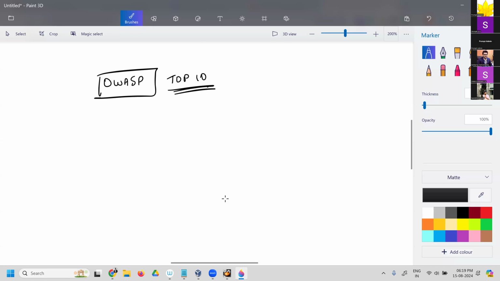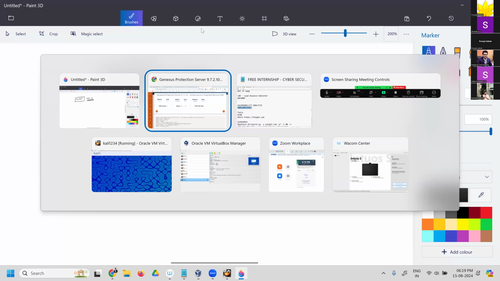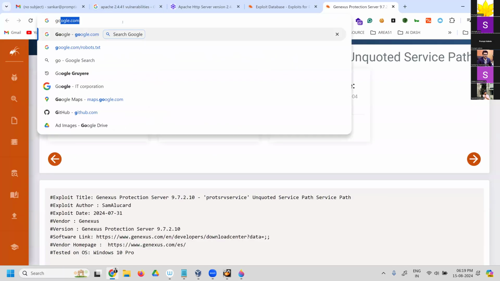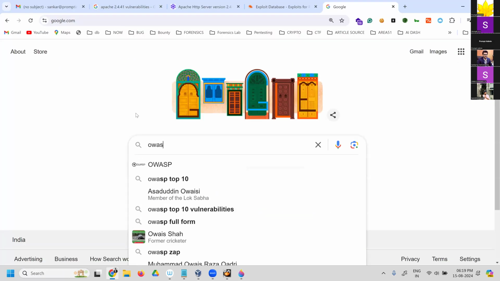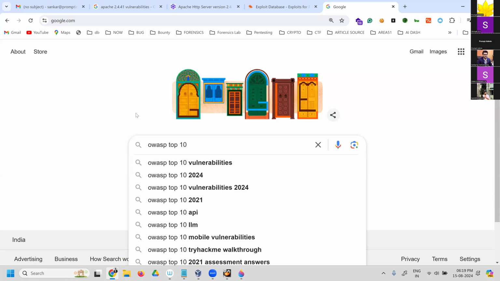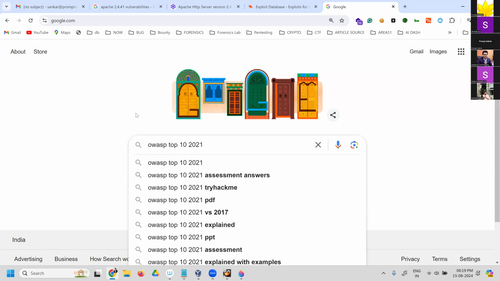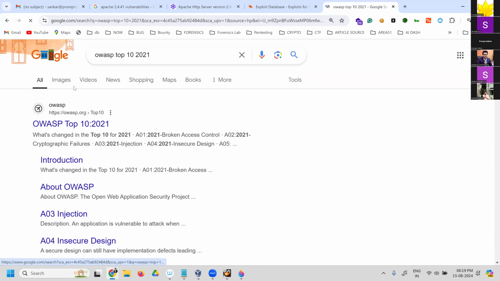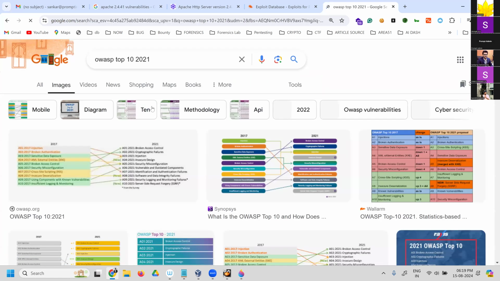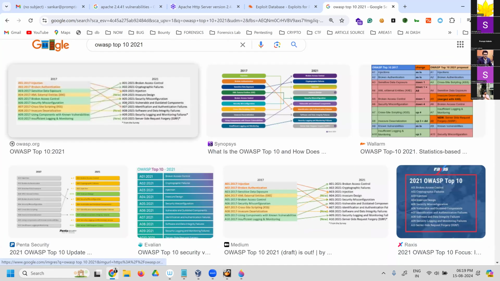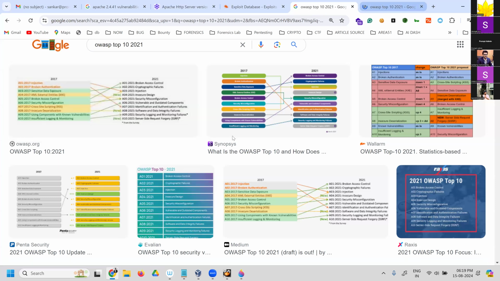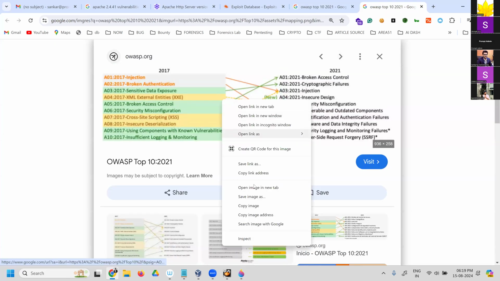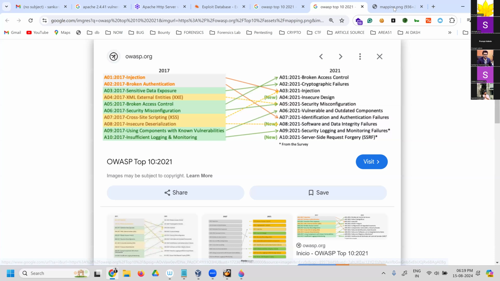So from an interview point of view, you should first know these. Let me go to Google and type OWASP top 10 vulnerabilities for the year 2021. Yes, 2021, enter. Now, if I go to images, I can see a comparison of what has happened here. Let me go to this site. Let me open up this image. Now, when you look at this,